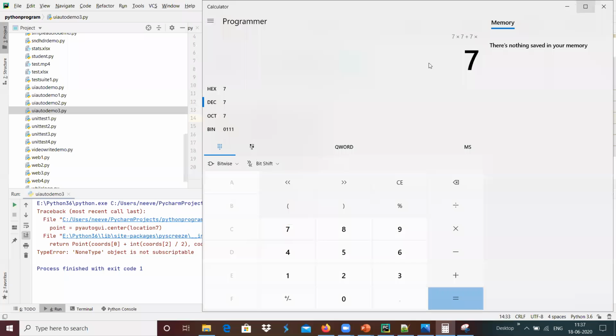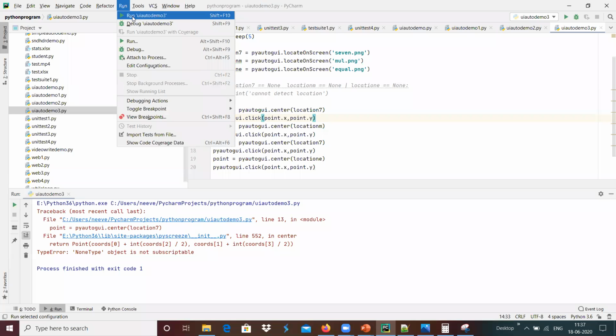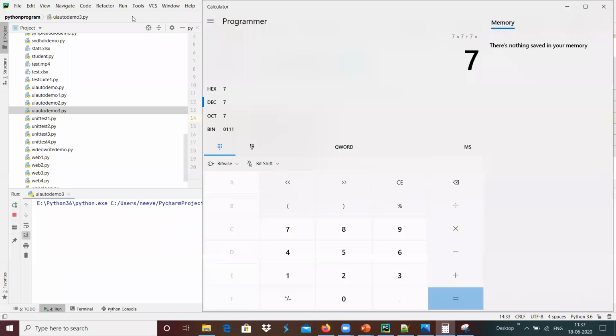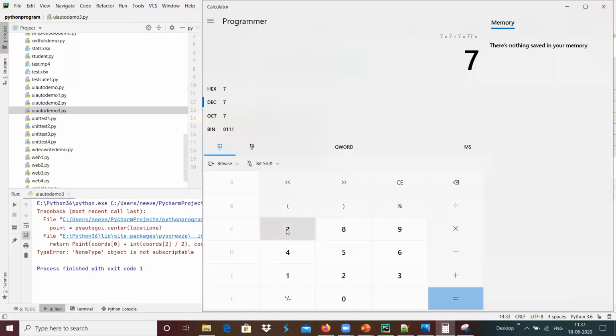Yeah, like that we are able to generate the events accordingly over here, and we can make that testing of user interface automatic over here.